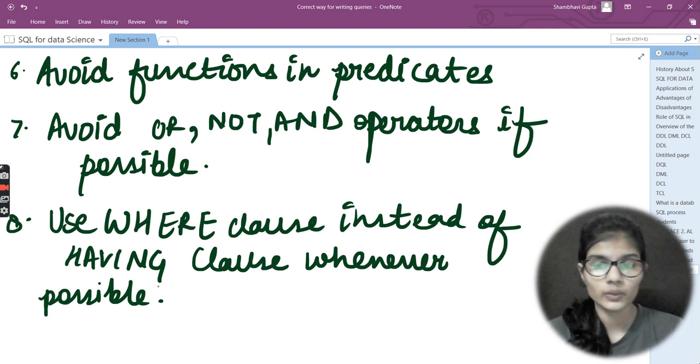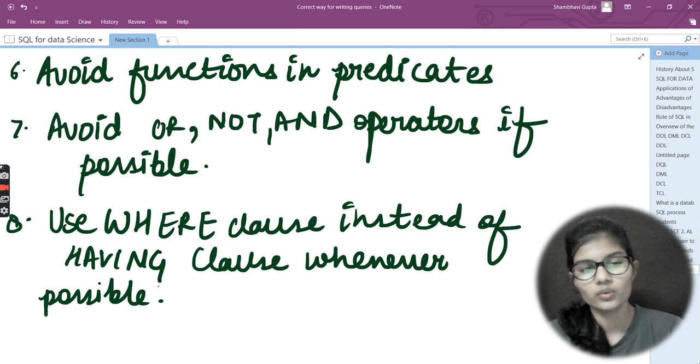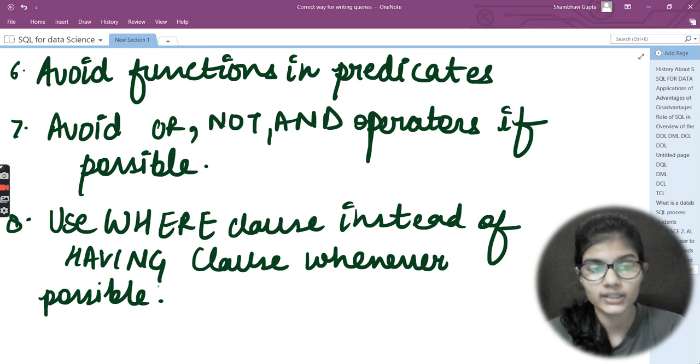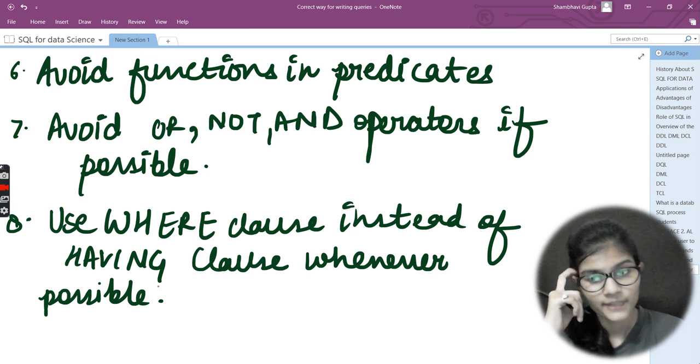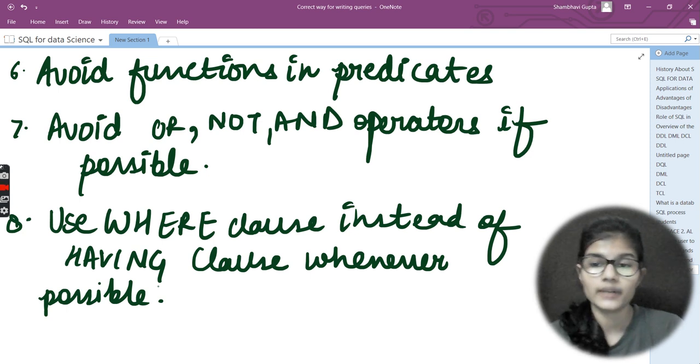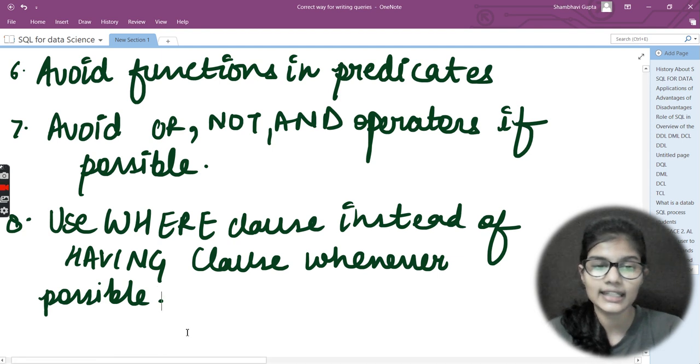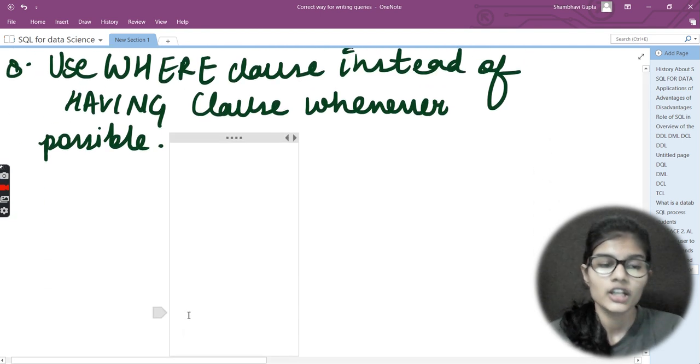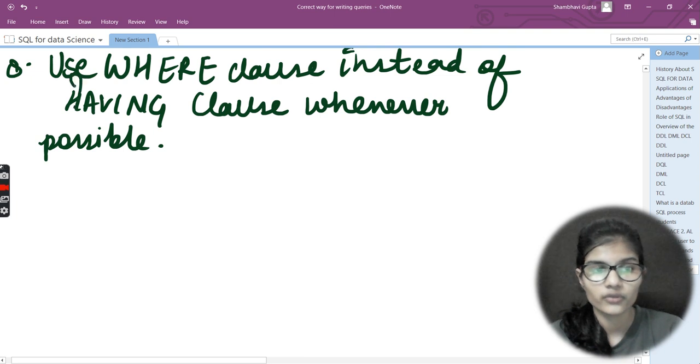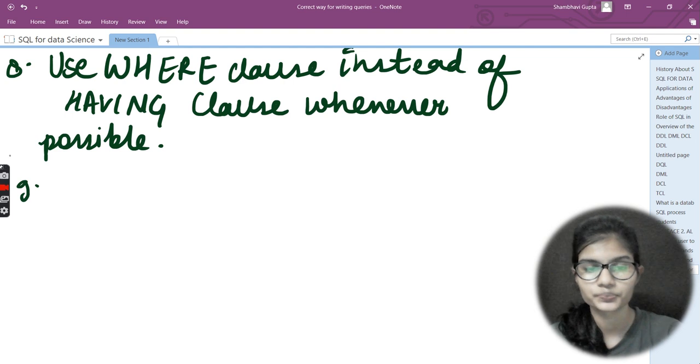Now, whatever the rules, whatever the correct ways I have told you, what are all these correct ways for? These correct ways are totally for saving time, because you'll be dealing with very large databases. So in that case, you need to write the queries in such a way that they can be executed in a quick manner. So these are some of the rules which you should follow for doing this. Moving towards the next one,